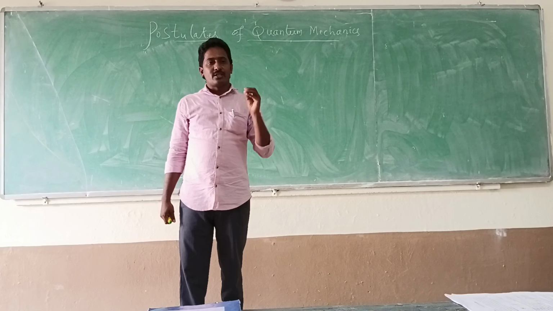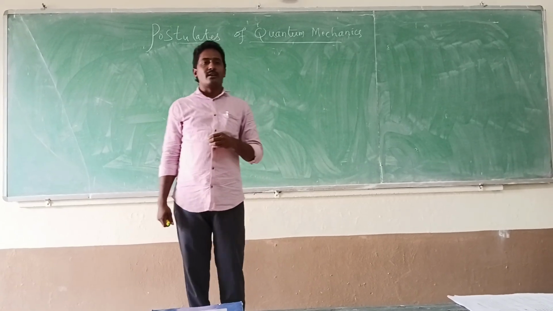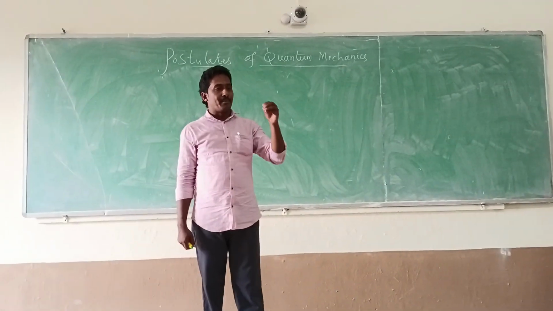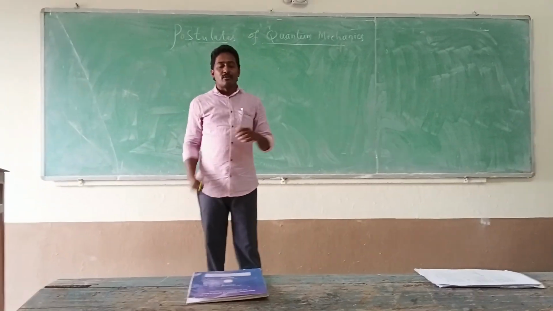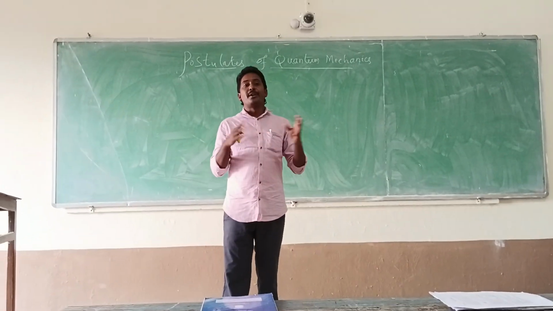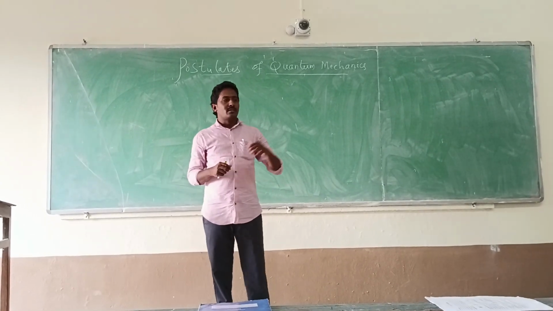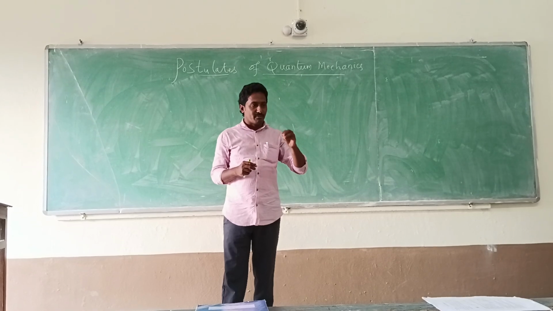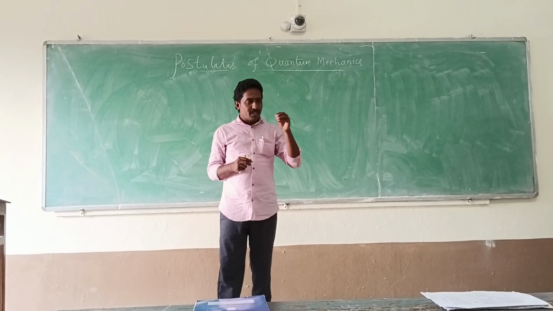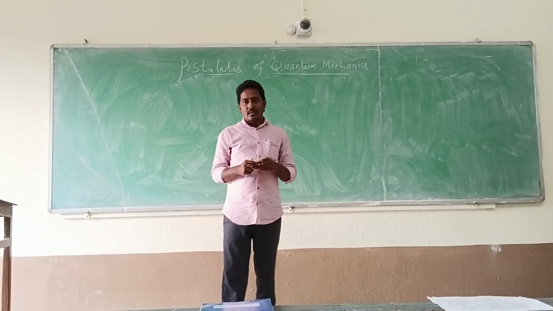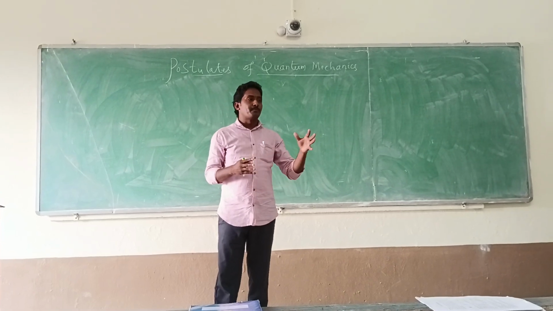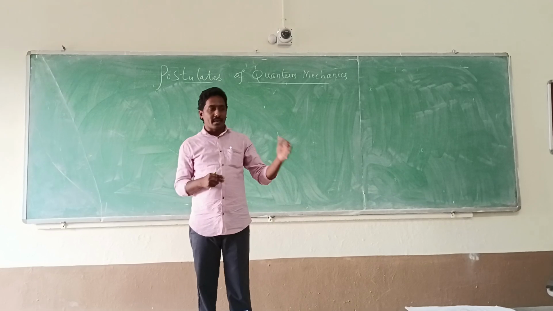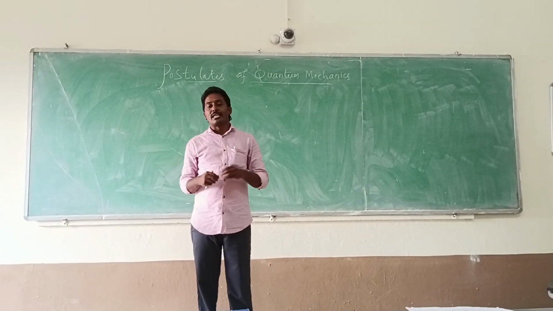In Schrödinger's formalism, Schrödinger derived two sets of equations. One is known as the Schrödinger time dependent wave equation. The other one is known as the Schrödinger time independent wave equation. So instead of matrix mechanics, Schrödinger derived two second order differential equations. The solutions of the equations represent the energy spectrum. However, the results are equivalent. Matrix mechanics and Schrödinger results are equivalent.